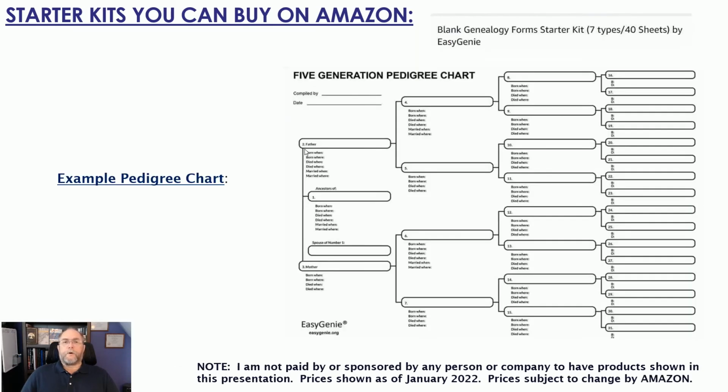Now, going forward, I went ahead and pulled out what you see as an example from this same company. It's Easy Genie, and you can't see it very well, but it says born where, born when, died where, died when, those things, and you're the ancestor of. So for instance, you put yourself in this block right here, and your parents, grandparents, etc. back. You can say who did this sheet and the date you did this sheet. And these are, again, records as you step forward.